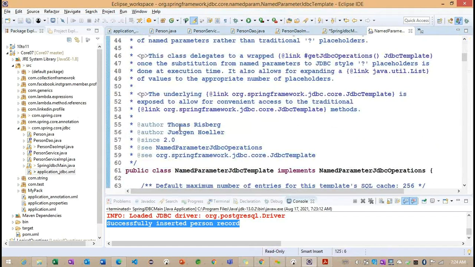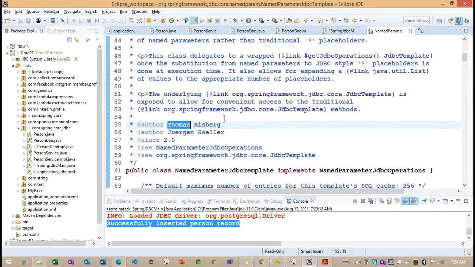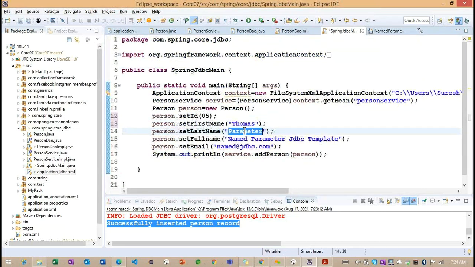So we can insert the data with the help of this name, Thomas. First name is Thomas, second name Risberg. So this particular class is implemented by Thomas Risberg, right?